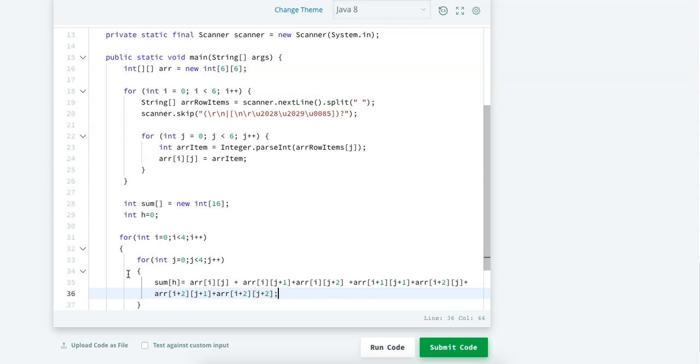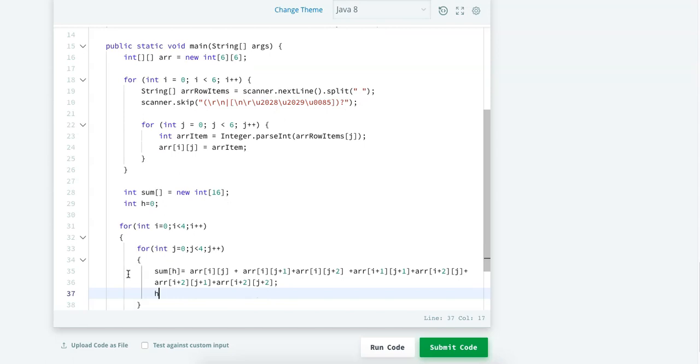So that's it guys, we have covered all the indexes of an hourglass. This would calculate the sum of one hourglass and store it at index 0. After this we add h++, which would increase the index from 0 to 1 and so on, and save the sum of each hourglass in the sum array.